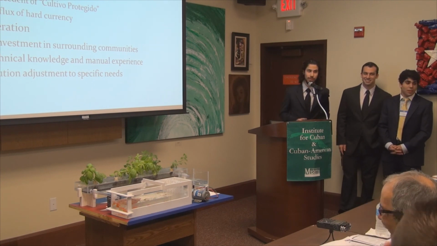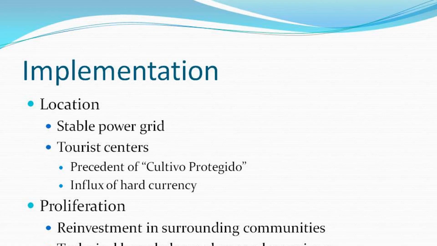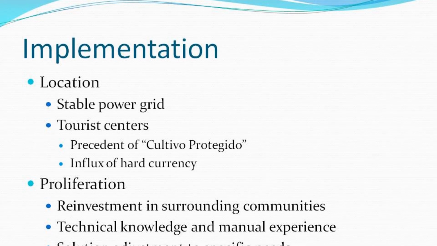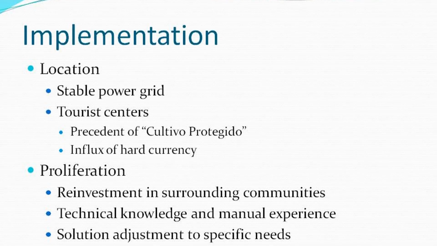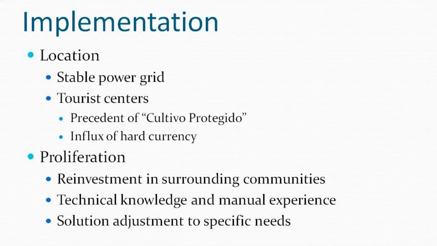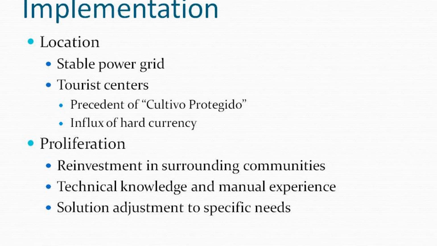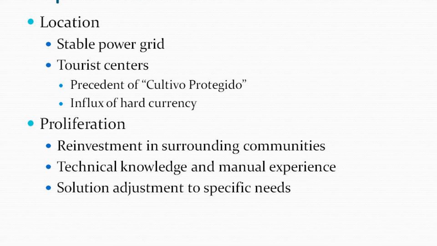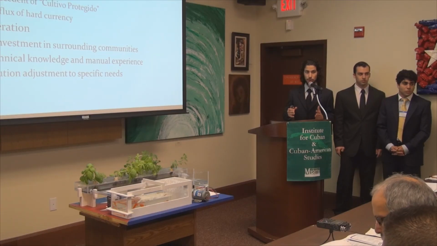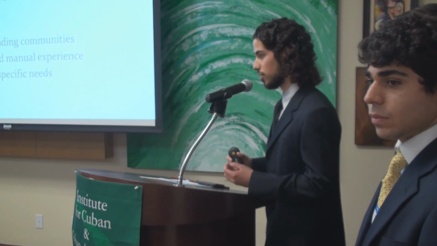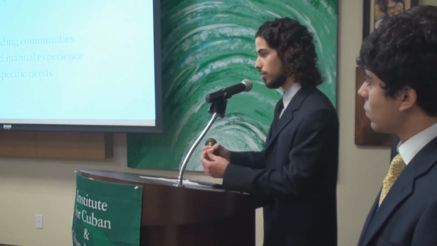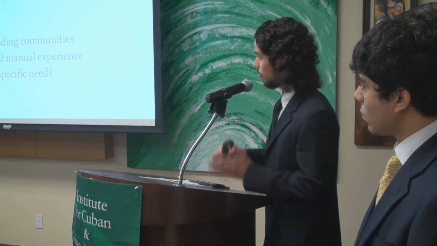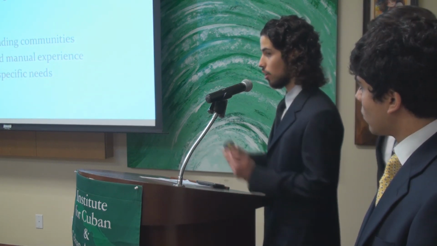Okay, and the model that we seek to follow is a location in a place with a very stable energy source, most likely a tourist center that has a strong grid, because the system does require consistent input of energy. Now, this has been done before. There's a certain cultivo protegido system of organopónicos that supplies very high-quality vegetables for tourists, such that more hard currency is brought into the economy, and this will work in the same fashion, bringing in the hard currency,